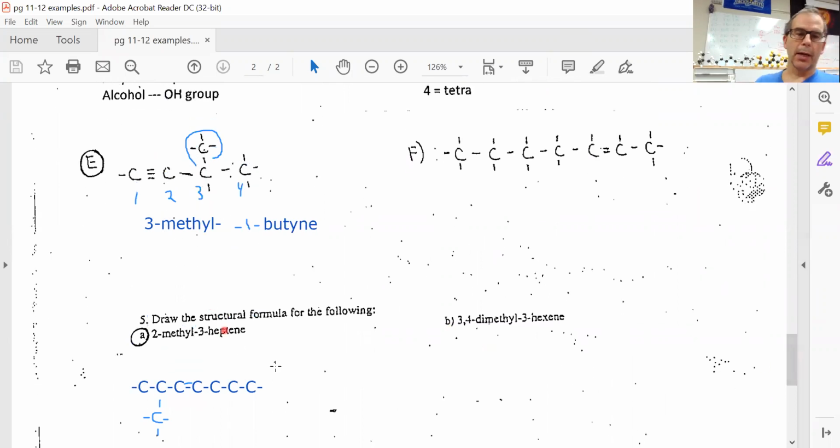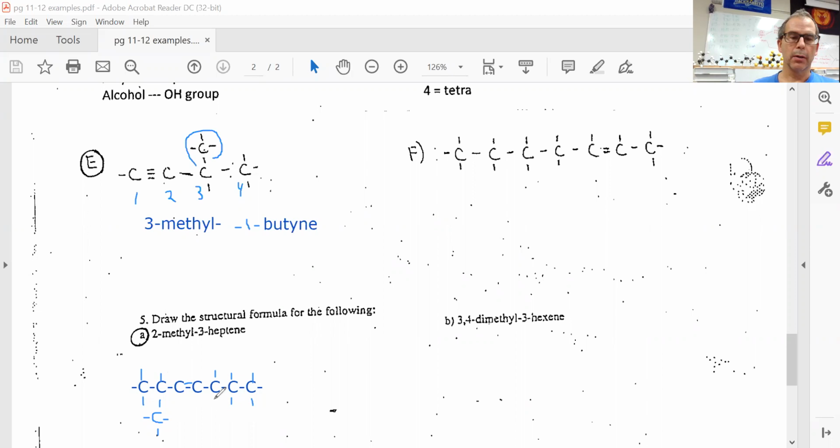All right, am I done? Not quite, because carbon always has 4 bonds. So I'm going to start adding my sticks. 1, 2 more. So I got 4 there. I got 4 there. Now be careful. Usually on the edges, you put a couple sticks, right? 1, 2, 1, 2,